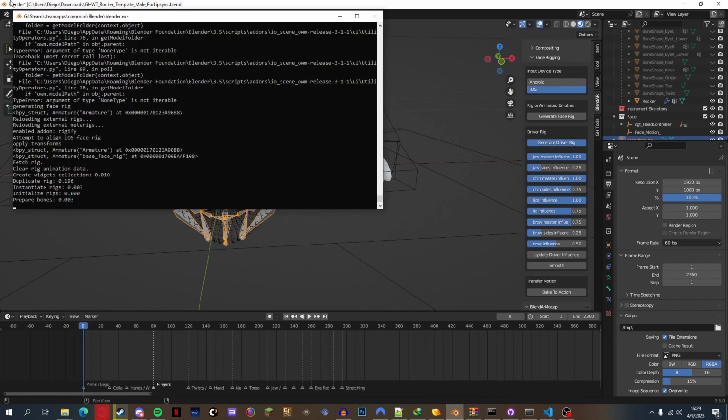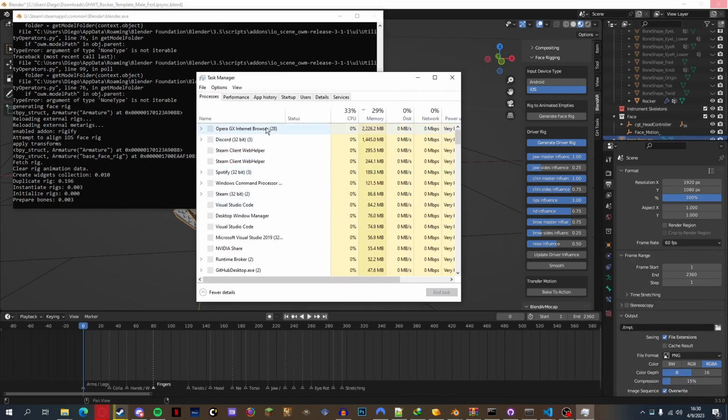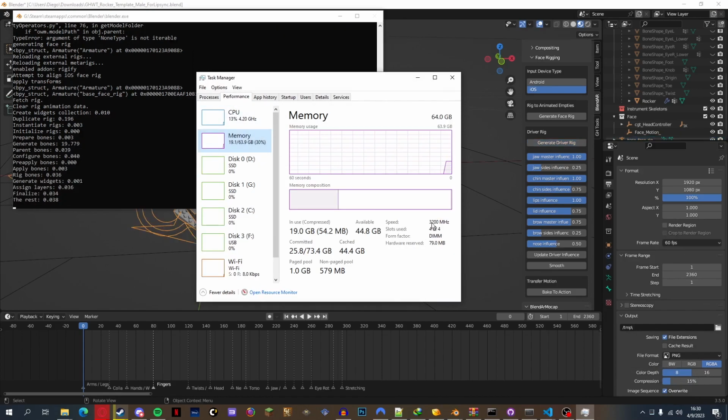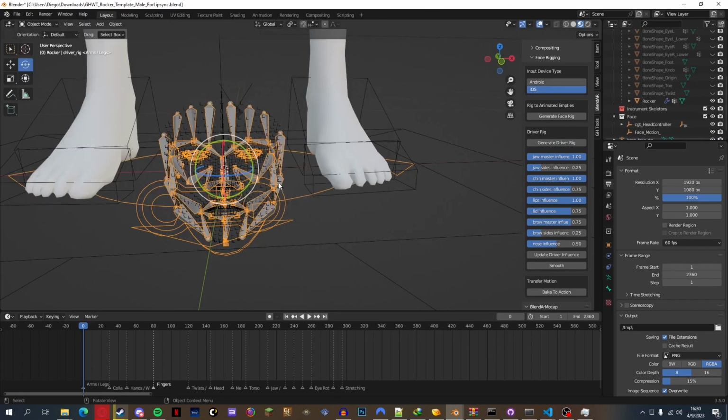This will take a little bit of time depending on what setup your computer is using. I'm currently using an AMD Ryzen 9 3900X with a GTX 1080 with 64 gigabytes of RAM running at 3200 megahertz. It should work fine. Anyways, as you can see, the drivers are now playing with the animations, so that's exactly what we wanted to see. Now what we want to do is find the driver rig, which is usually going to be called,